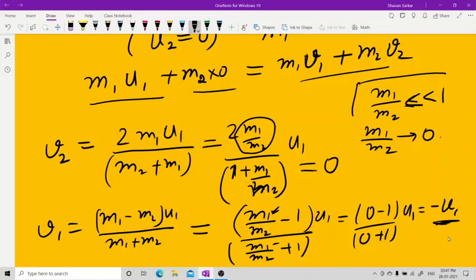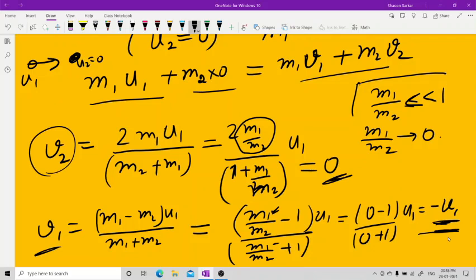देखो मैंने क्या बोला, let's take an example. एक ऐसी सिचुएशन लेते हैं, यहाँ पे ट्रक खड़ी है और साइकिल comes and hits the truck. तो this is your U1, this is U2 which is 0. After that, जब साइकिल हिट करेगा ट्रक को, उसकी वेलोसिटी बन जाएगी V1, जो कि उसकी opposite हो जाएगी, और जो ट्रक है वो वहीं खड़ा रहेगा, उसका कुछ भी नहीं होगा. That's why the final velocity V2 is 0.